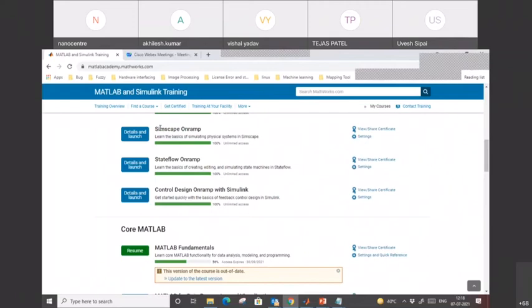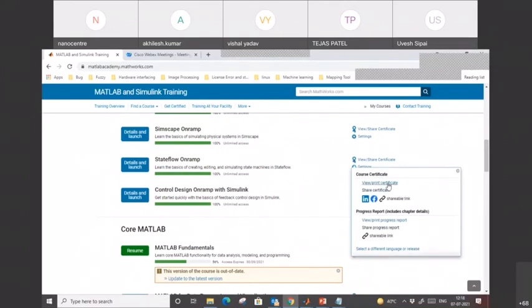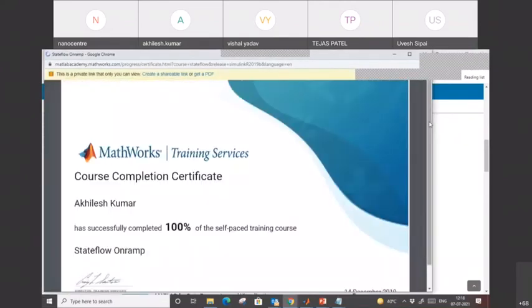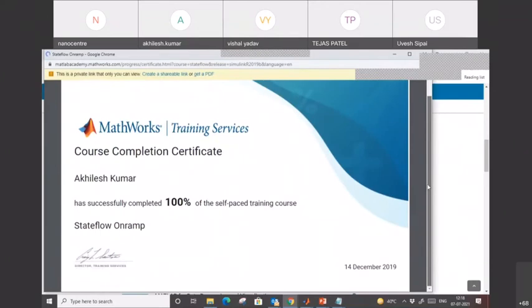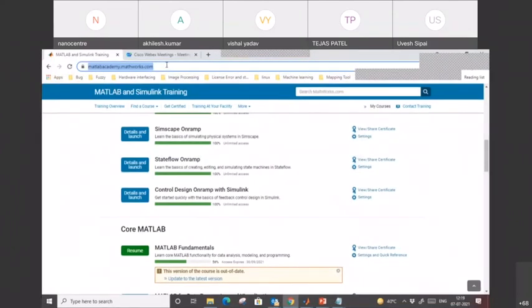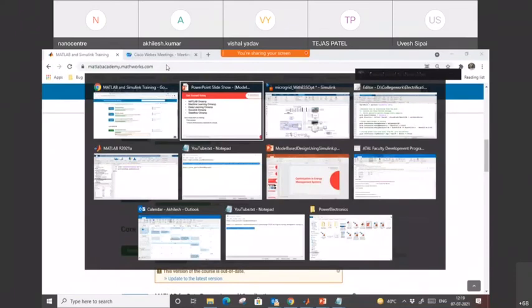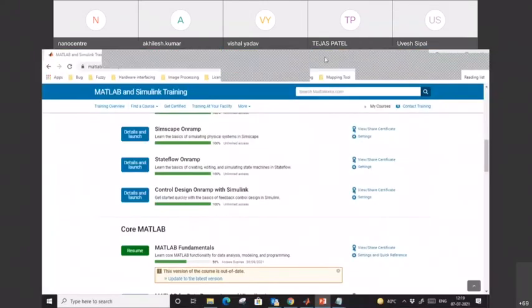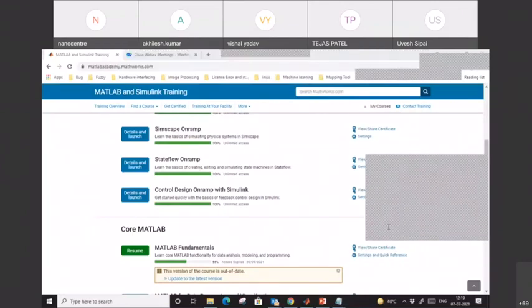Around 10 courses are there. Once you complete these courses, you will get a certificate also, like I have completed and I got the certificate from here. We can share with our students also, they can complete these courses. Each course is around 2 to 3 hours, and there is no time limitation. Anytime you can start and stop. If you pause the course, you can restart from where you paused. So you can do the courses also. That is free. I am just sharing the link for that.